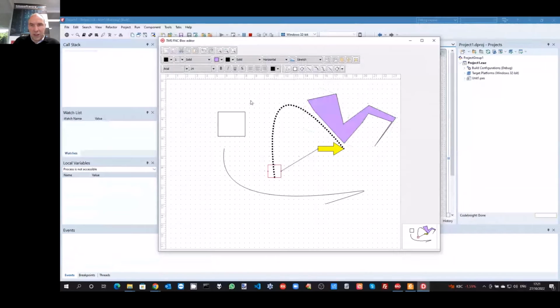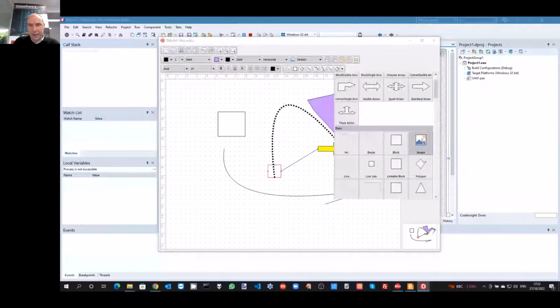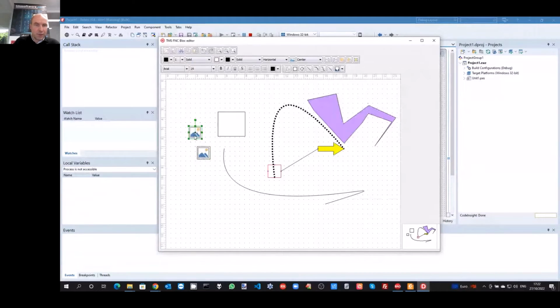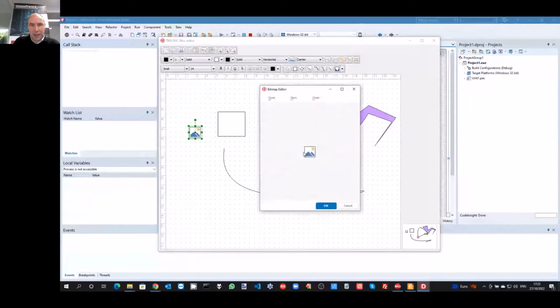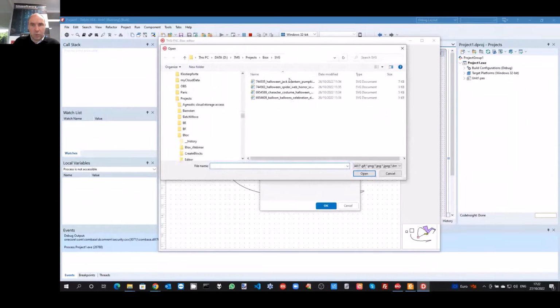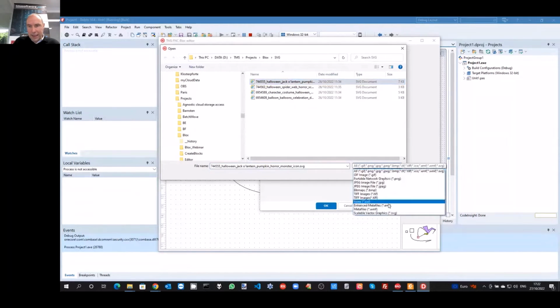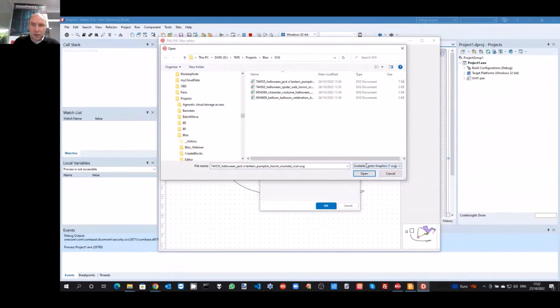Some other interesting feature that I want to show you here is that there is also a block type that can host an image. And so if we have selected this specific block type, here we can pick the image we want to insert in this block control. So let's open up here to pick an image. And these are the different image types that are supported. And notice that also SVG images can be inserted. So I have some SVG images ready here for this example.